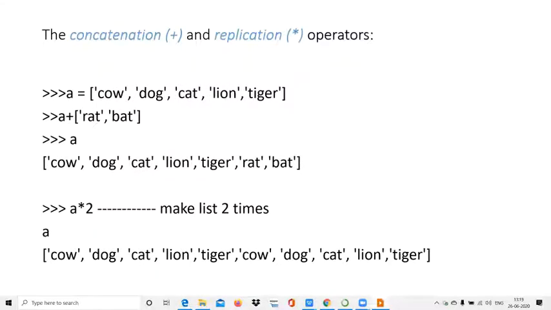See, the concatenation and replication operators. We can concatenate a list to an existing list.